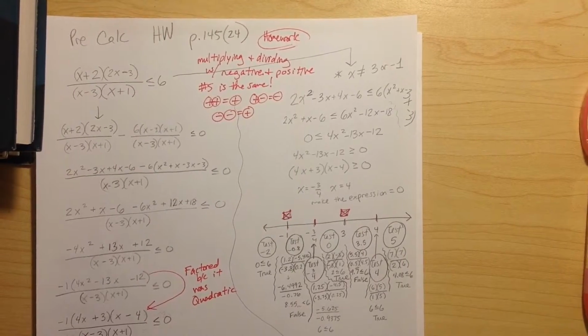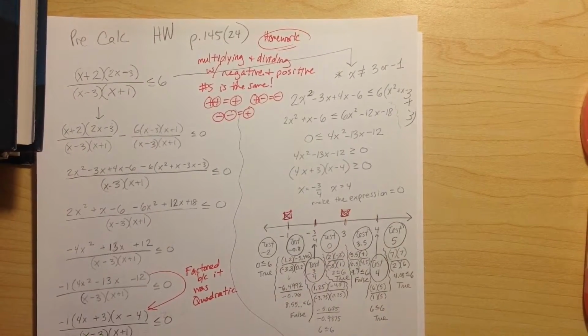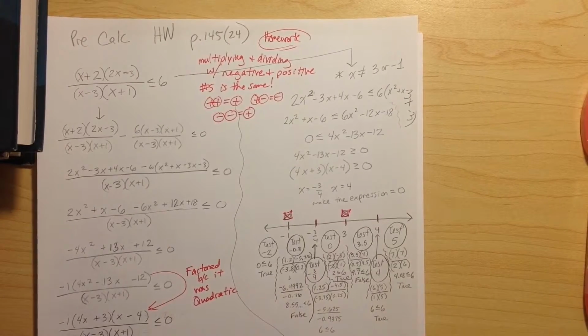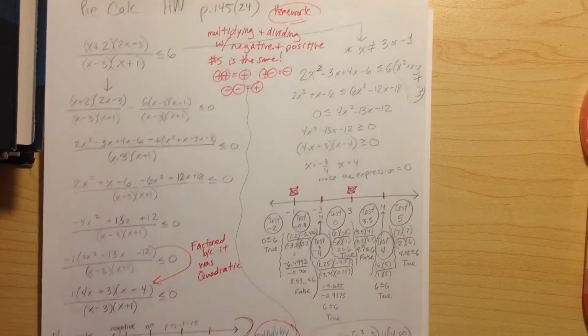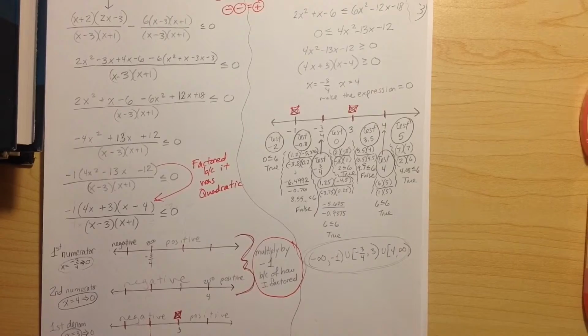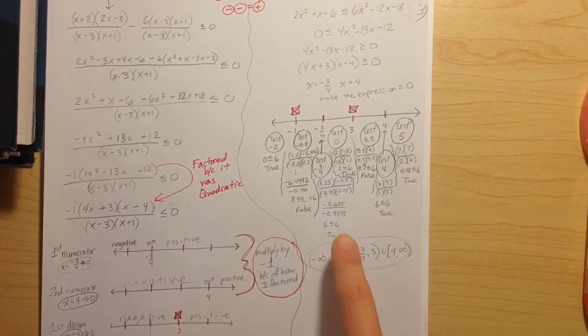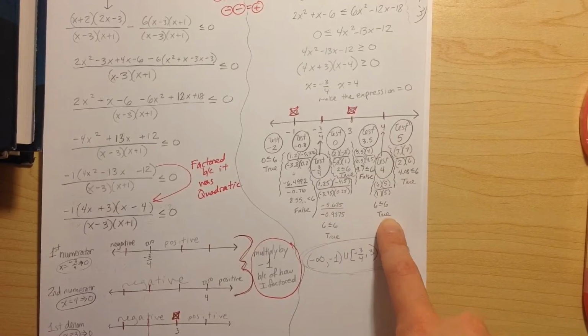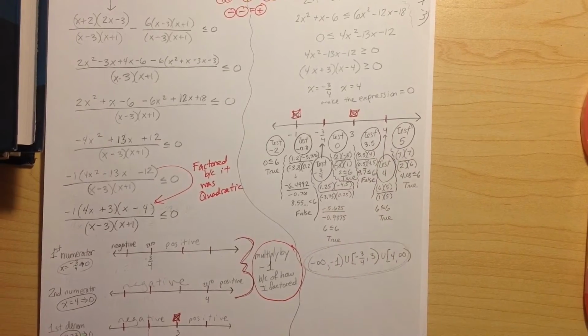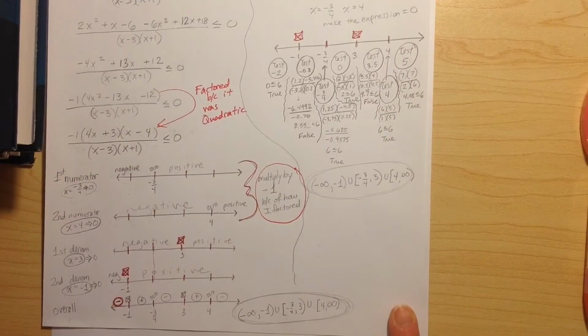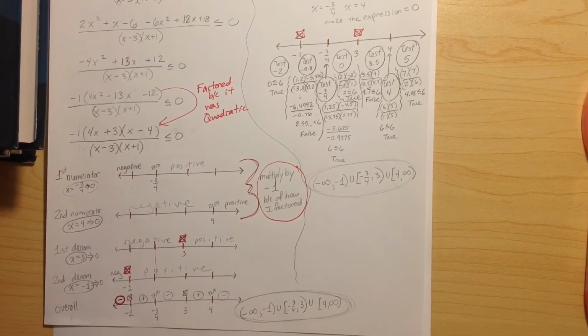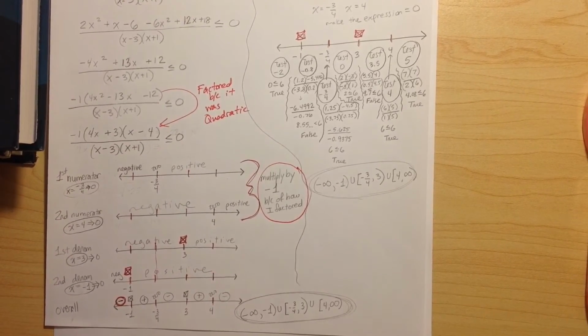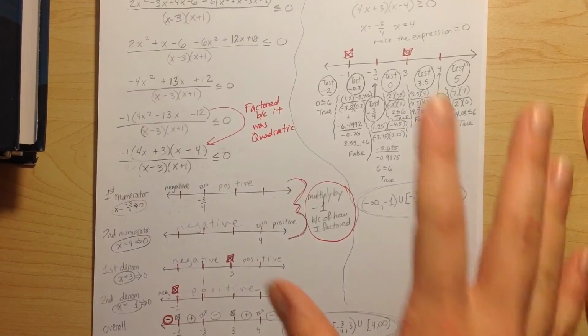So that's a bit of a hassle there because I need to know exactly where they fall around 6. But in the end, you see you get the same exact answer. I do get 6 exactly at -3/4 and at 4, and then the same intervals as well. So there we go. 2 different ways to solve that homework problem. If you got that correct, great. If you didn't, go through this video again as you need to and see